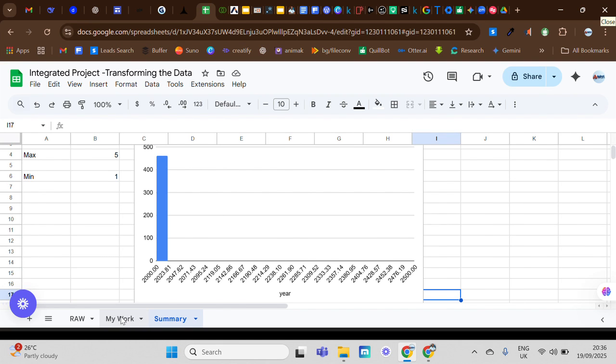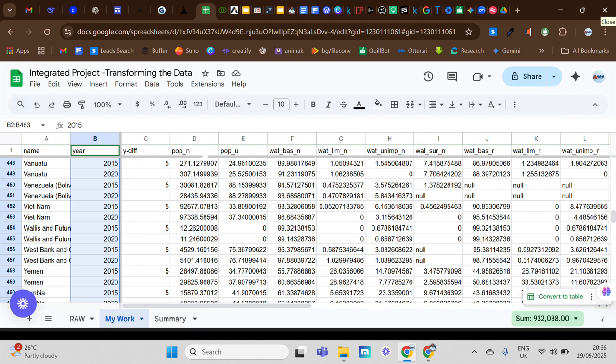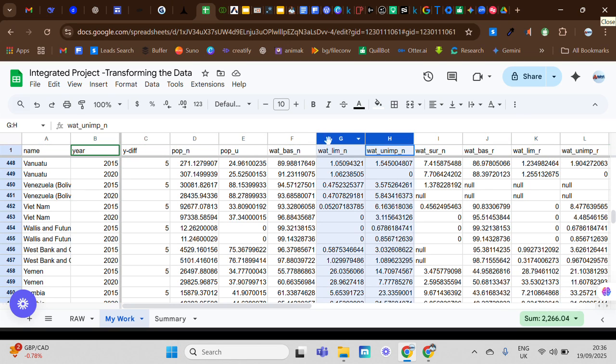So I'll go to where I have my data. Like I've said already, I like to work closer to this area instead of going all the way to the end. That is my choice. If you feel comfortable going to the other side, you can do the same. So I will have my annual rate of change after the national and then the urban populations. So I will select these 3